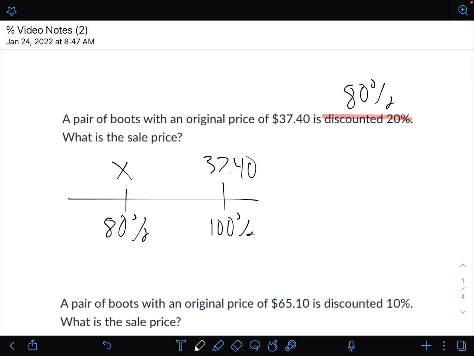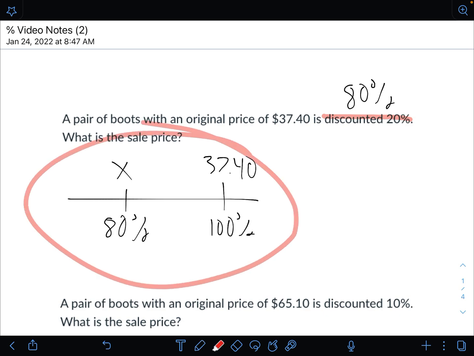Okay? Now, we can reason through this, no problem. We can find 10%, double it for 20%, or even times it by 8 to get 80%. Okay? And that is cool. And you have a calculator, so that could be easier now. But take a look at this. So this isn't the only way to do it, but if you can visualize this,